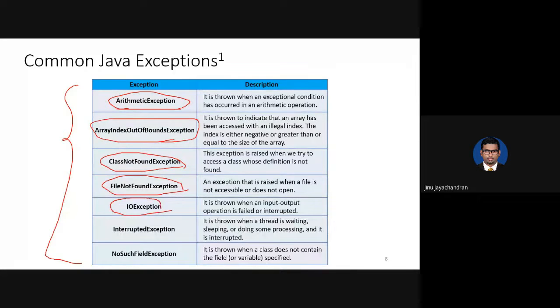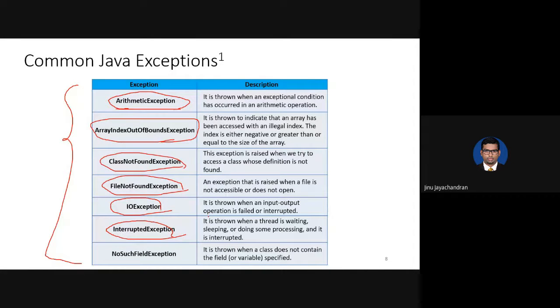IOException: you are trying to read something from an external device, but it is not interfaced. InterruptedException is basically concerned with threads. When a thread is waiting or sleeping or doing some processing, it gets interrupted.